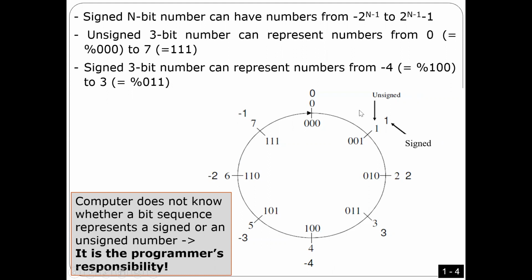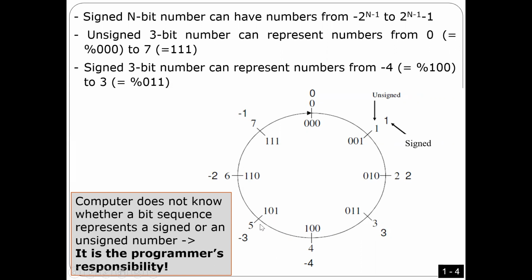Look here. So 0, 0 is the same, 0 and 0. This is a positive number, it's the same, 1 and 1. This is positive, so signed or unsigned, going to be the same, 2 and 2. That's why I told you, if it is a signed number and positive, you are going to convert the same way like unsigned. Anyway, 3 and 3. Now it's going to start to be different, right? So this is a negative number, 1, 0, 0. So by accident, just by accident, this is 4 and minus 4. Okay, so the same number can be 4 or minus 4, signed or unsigned.